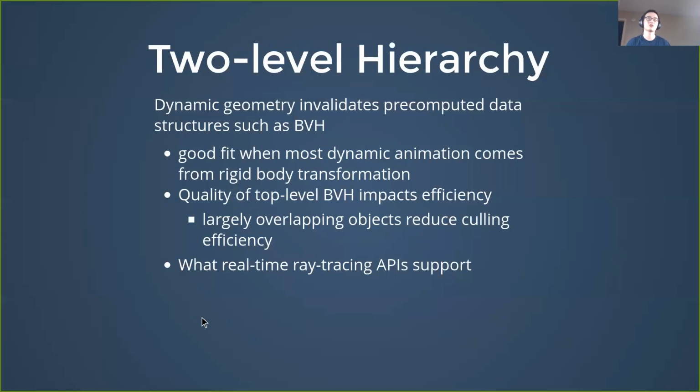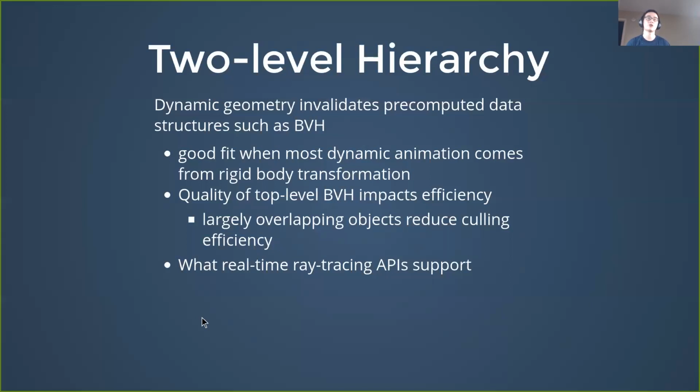However, the quality of the top-level BVH does impact efficiency, especially when there are large overlapping objects, which can reduce culling efficiency. So previously, when we talked about spatial partitioning, we talked about those really weird, long, thin triangles, which are uncommon. But for this kind of two-level hierarchy, this kind of large overlapping object can be a real concern. And we discussed that when we talked about